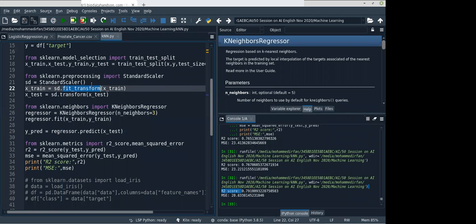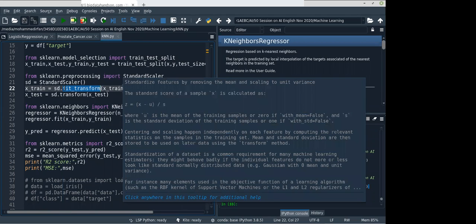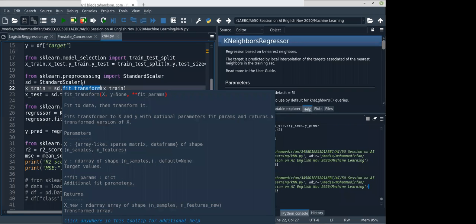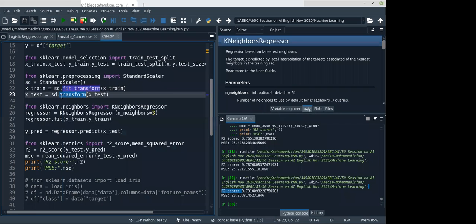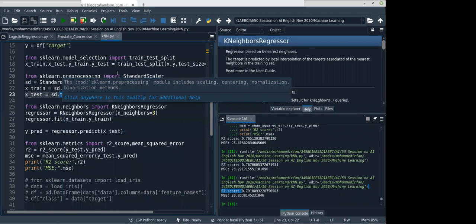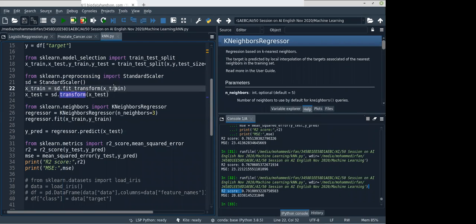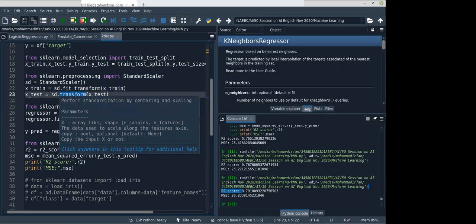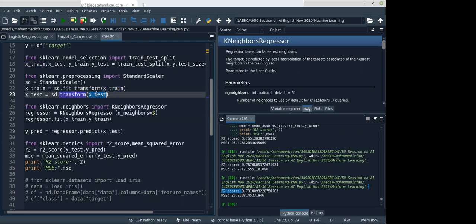For example, take the standard scalar. First we fit transform, and then we just transform. The fit calculates the mean and standard deviation of the training data. We don't calculate the mean and standard deviation for the test data, because we use the same scale.